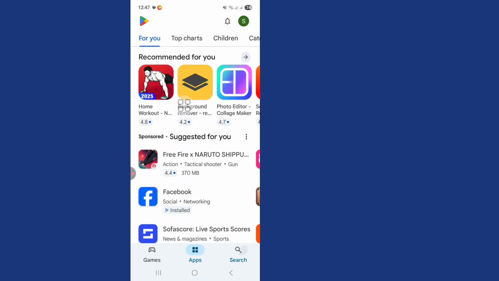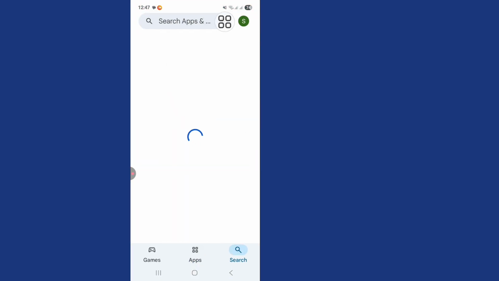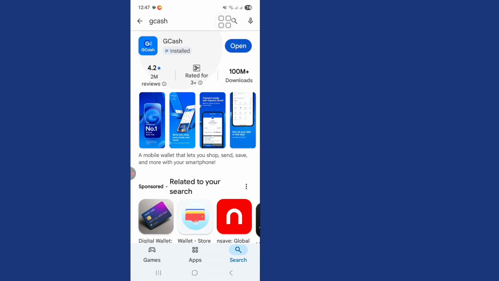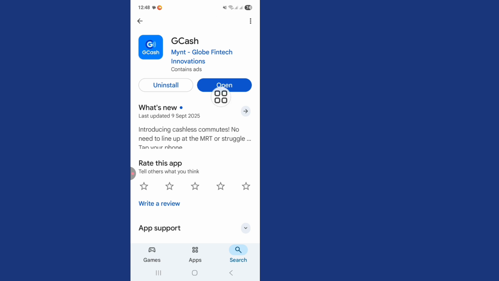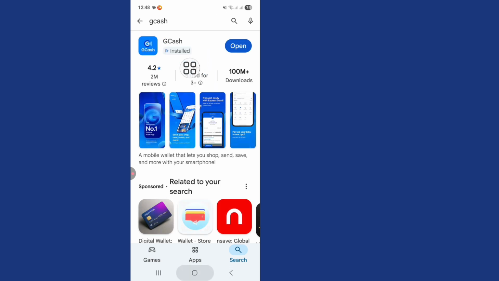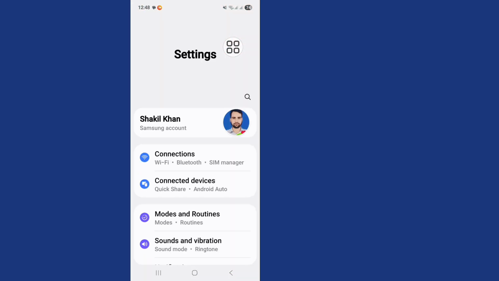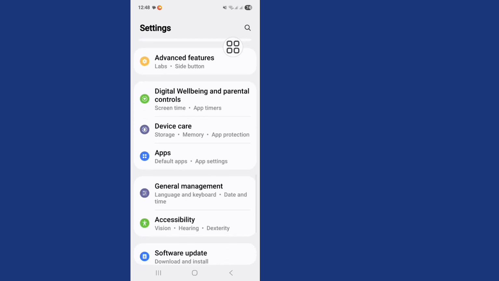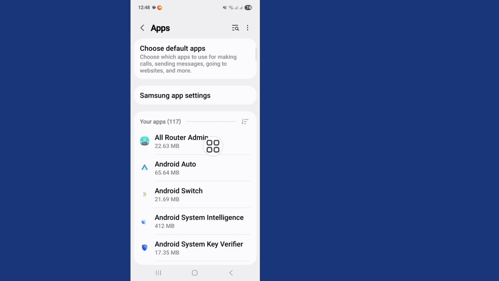Okay, first open your Google Play Store app and the search bar. Now search here GCash and check on the GCash update. My GCash app already updated. Okay, back. And second step, open your phone settings and scroll down and click on the apps icon, and now